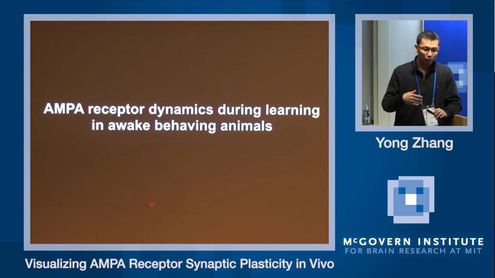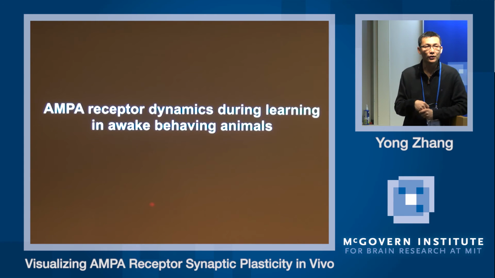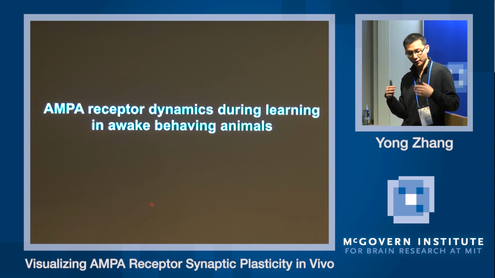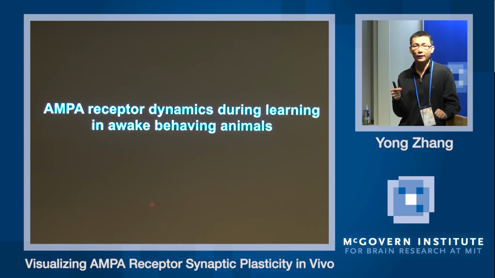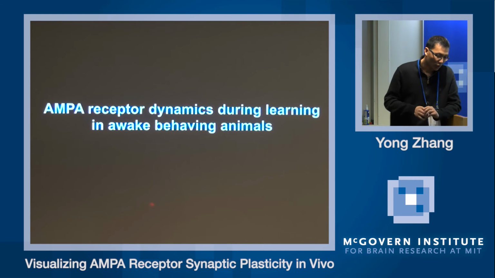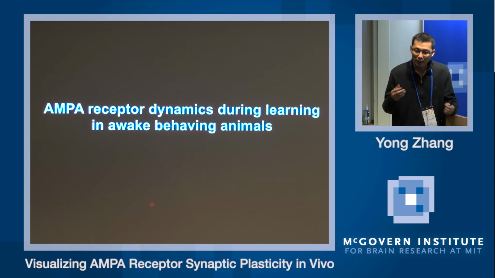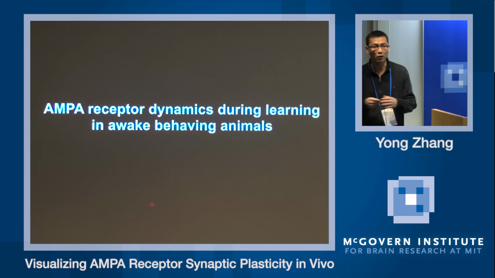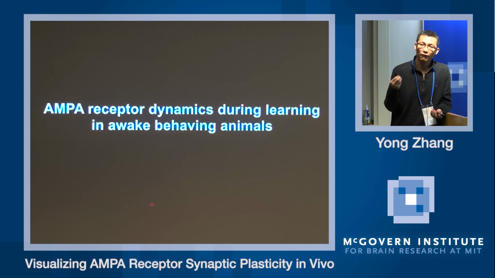So next, I'll briefly tell you about a couple of very interesting ongoing projects and what I'm going to do in my new lab. As I said, the study I just presented was done in anesthetized animals, and we are using an artificial and very strong whisker stimulation paradigm. So okay, it's all nice, and we were able to observe those AMPA receptor dynamics in vivo for the first time. But really, what does it mean? We don't really know, because this is a very vigorous whisker stimulation the animal might never experience